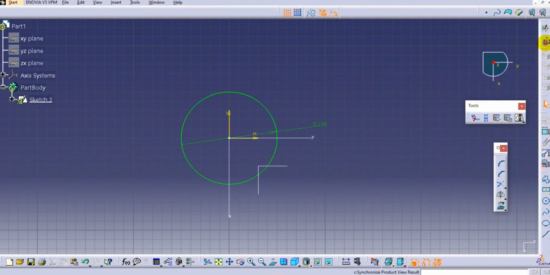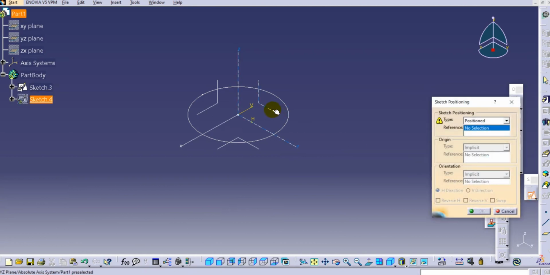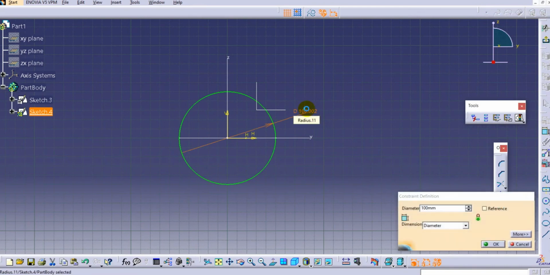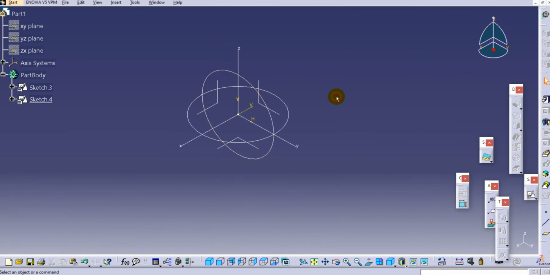So let's say 100 mm diameter. Exit the workbench, and again we will create one more sketch on the front plane. So again you create a circle over here, and we will keep the dimension the same, 100 mm, and exit the workbench. So now again we have these two sketches, and let's create the solid combine.